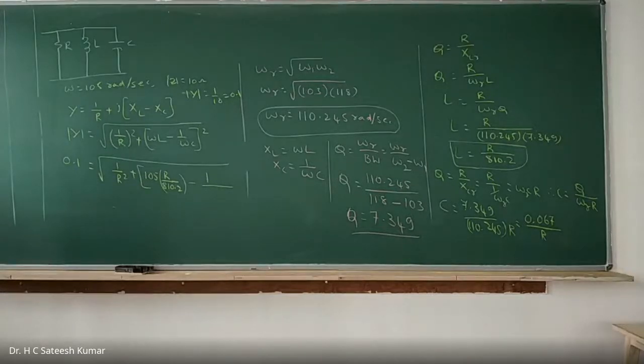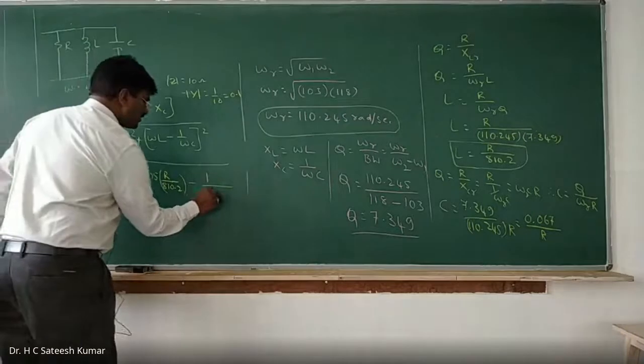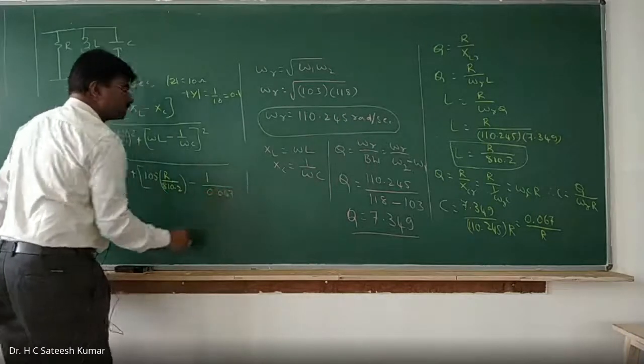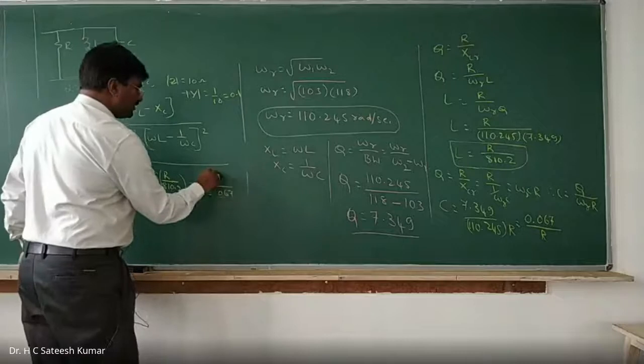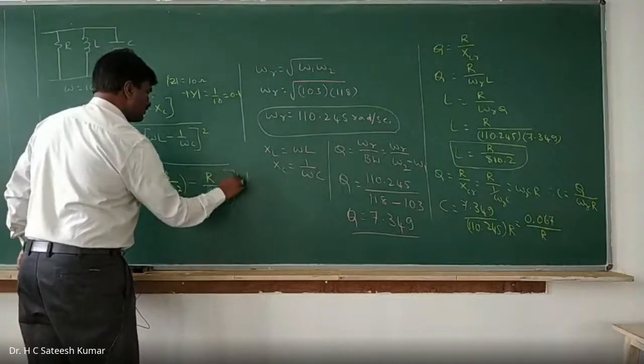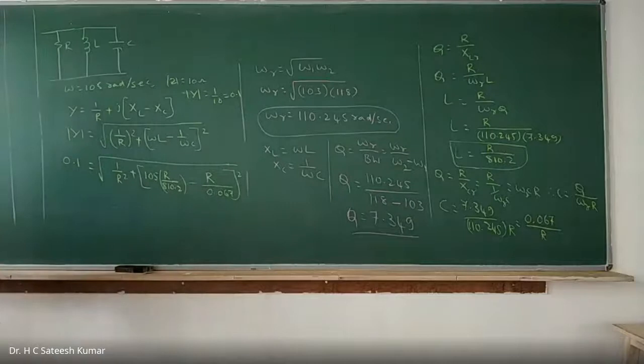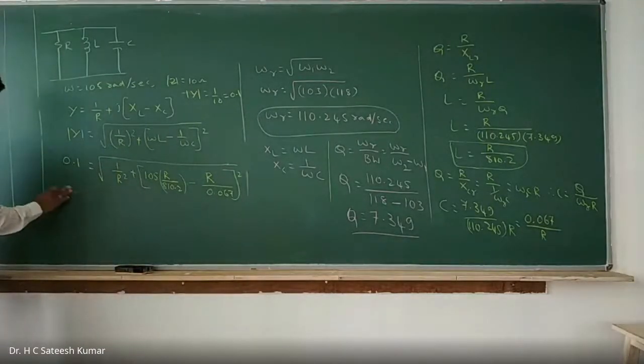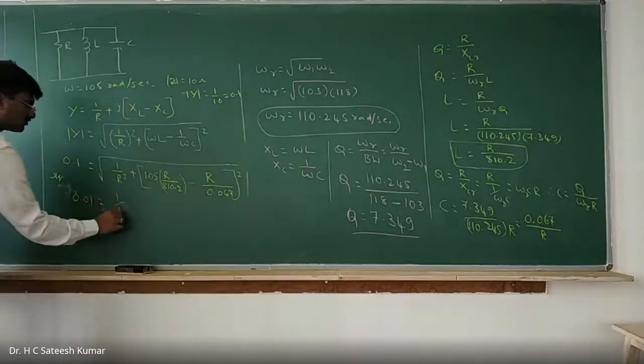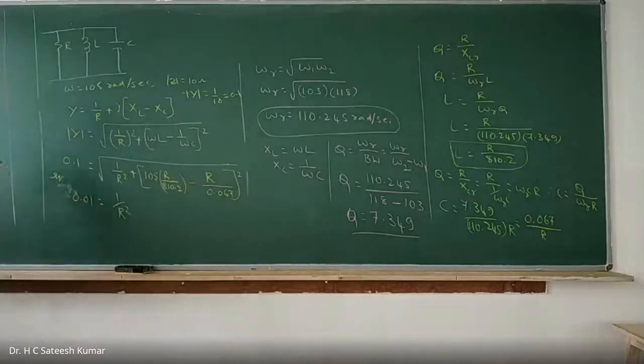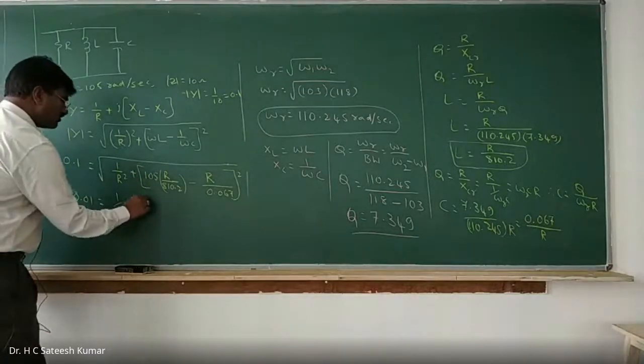So we have, what is it that we have? 0.067 divided by R. That R I will take to the numerator, whole square. So take R square outside, 0.1 squaring on both sides. Squaring, what will you get? 0.1 whole square is 0.01 is equal to 1 by R square. Here also take R square outside plus R square